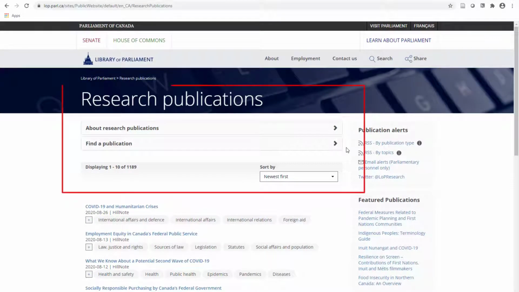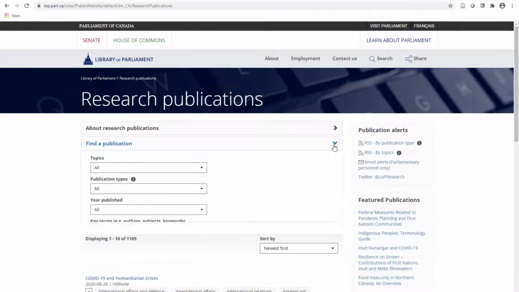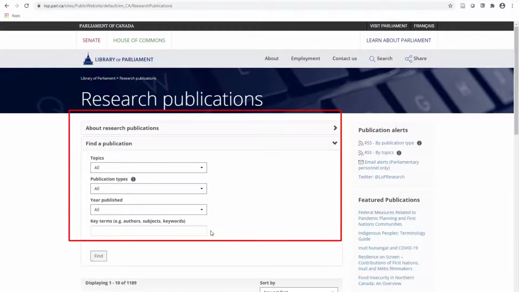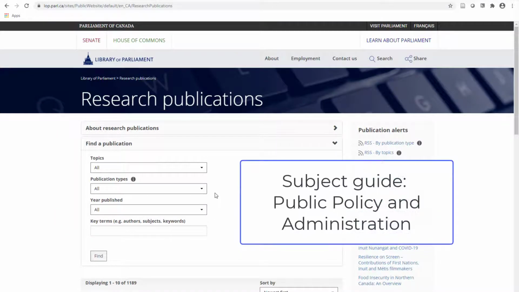To find a research publication, click on the drop-down menu, find a publication, and do a keyword search. We can also filter by topics, publication types, and year published.